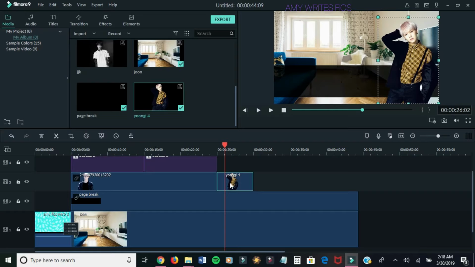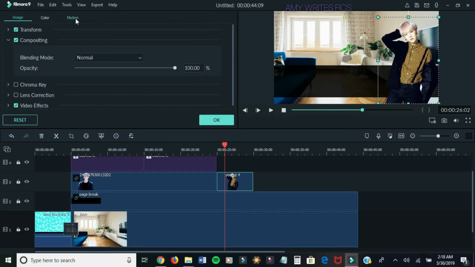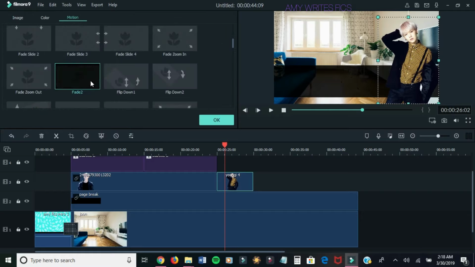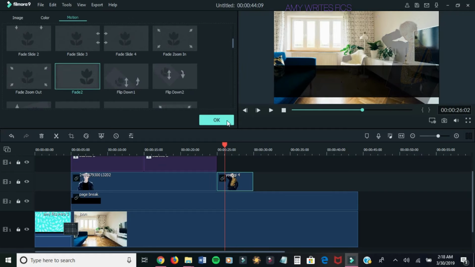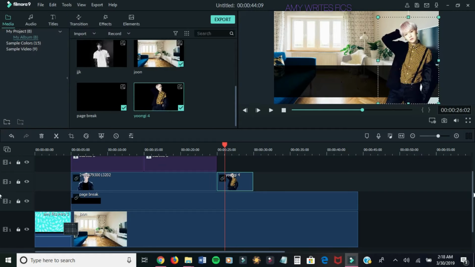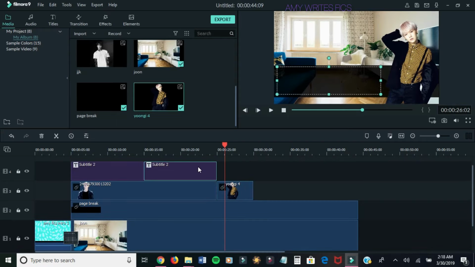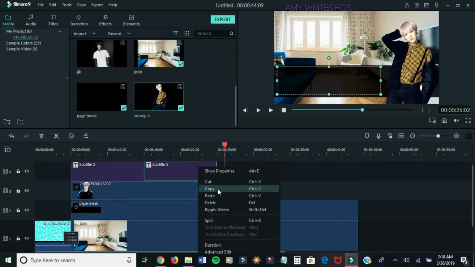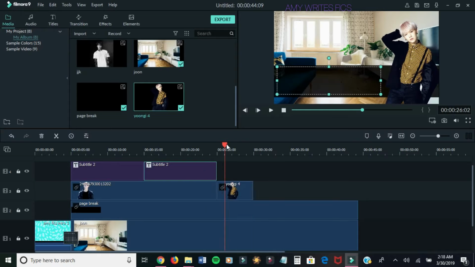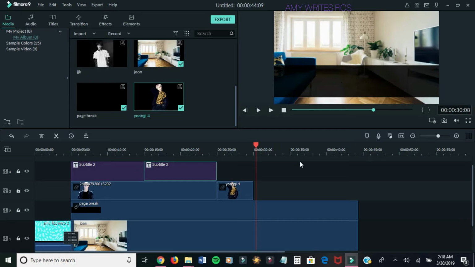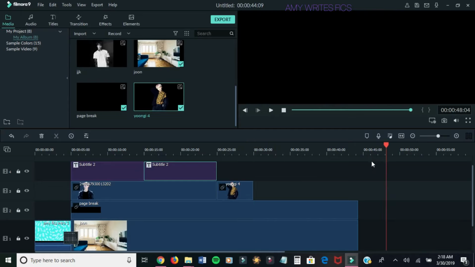So while we have his picture selected on the panel, let's go back over here to our little weird icon, go to motion, fade, you can double click, hit OK, come back. Alright, same thing with our text box, right click, copy, make sure your red cursor is off of the panel where you have stuff listed, make sure it's over here off to the side. You can click anywhere, right click anywhere over here, paste,